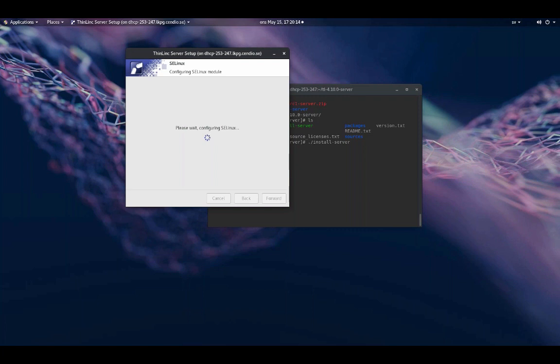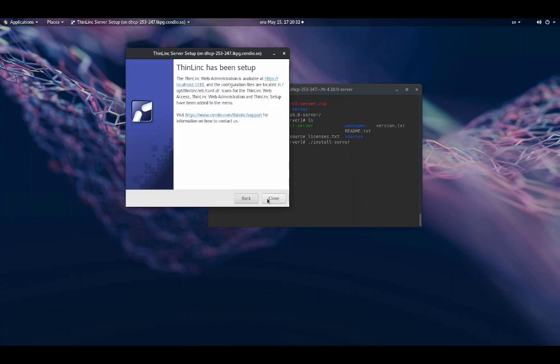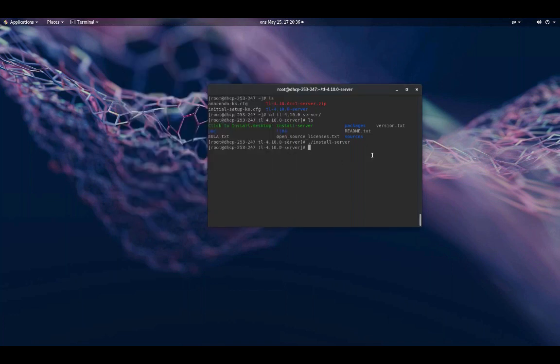We also have the setup to automatically configure AppArmor as well. And lastly, okay, this is no problem. Yes. All right, so now the server should be installed.